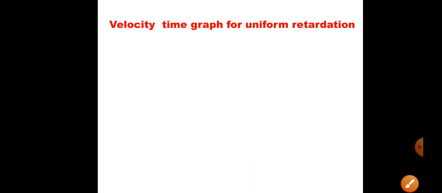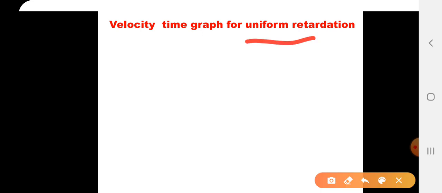The next one is velocity time graph for uniform retardation. Now what is retardation? Two ways we can understand what is retardation. One is when the body is going against the gravity, that is called retardation. And when the body is brought to rest by applying brakes or by frictional force, then the body will retard. So retardation is going against gravity, as well as if the body is brought to rest or the body is slowing down its motion. And we are discussing the uniform retardation.